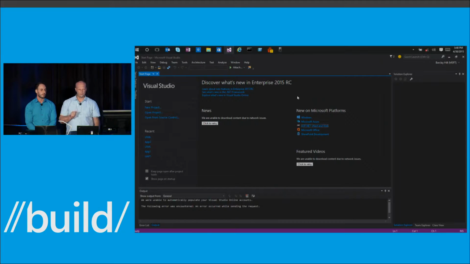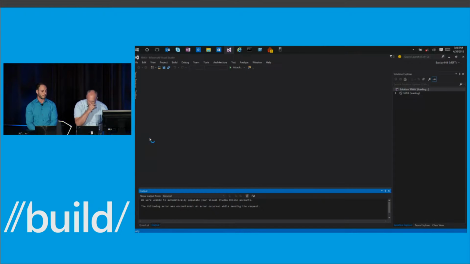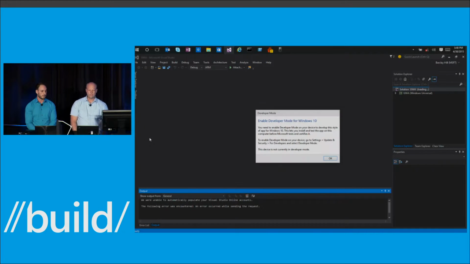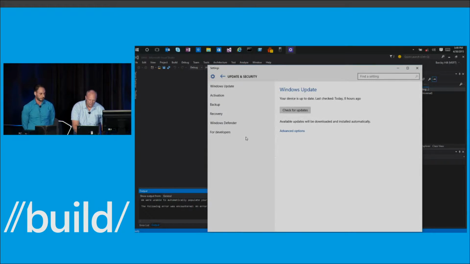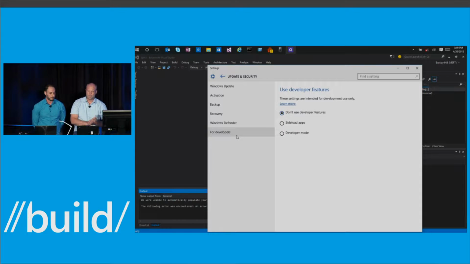actually coming very soon. So if I was to open my project, my Universal Windows application project, there's that familiar dialog, but it says something new. Instead of saying you need to acquire a developer license, it tells you to go to settings and actually enable it. And that's what I'm going to do right now. So I'm going to go to settings. You're going to find it under update and security, under for developers. And there's a link so you can jump off to MSDN and learn more about what these